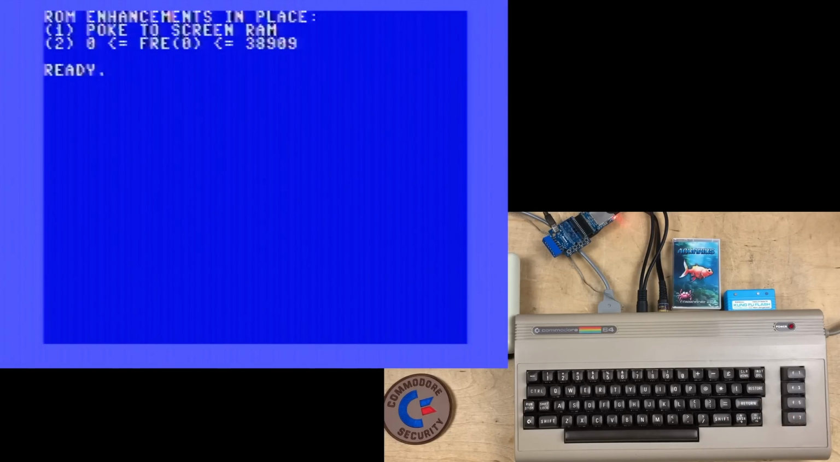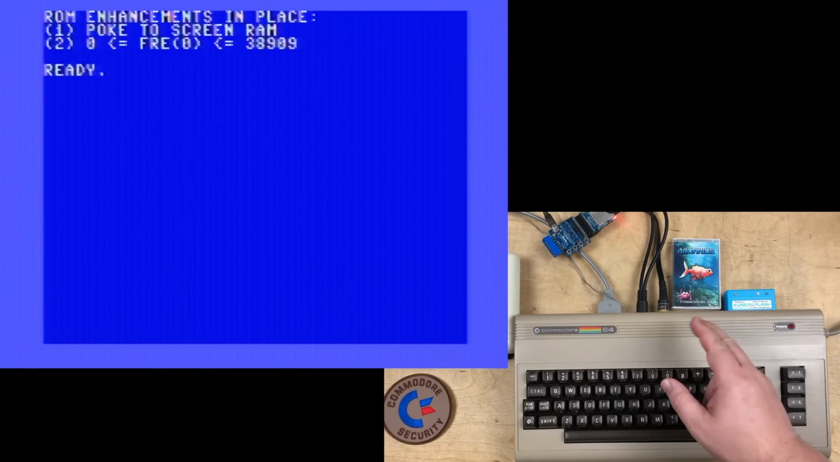Okay, ROM enhancements in place. I guess enhancement number 1, poke to screen RAM. That's just what I was showing you. I guess that means it's fixed. And number 2, 0 is less than or equal to free 0, which is less than or equal to 38909. Okay, these are really cryptic enhancements, but this seems that in addition to fixing the screen poke bug in kernel version 2, it's also